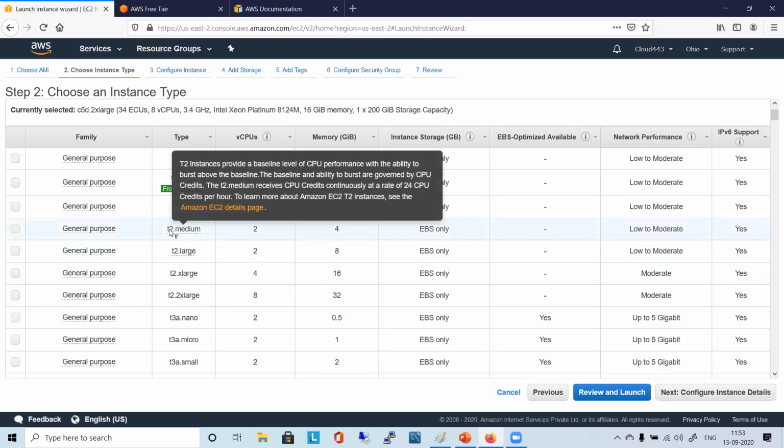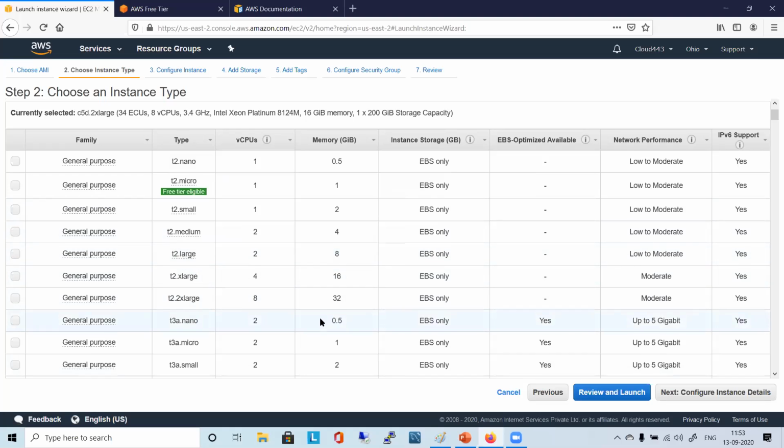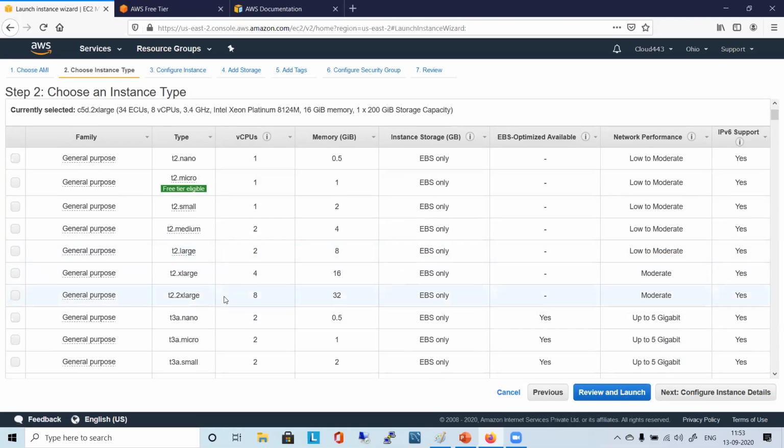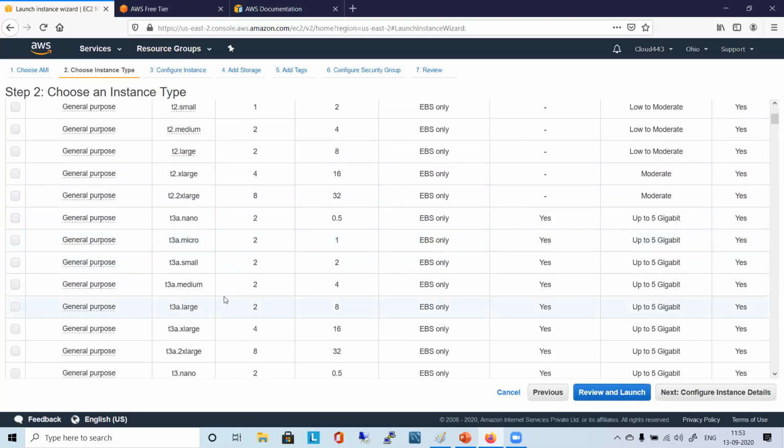And here you may not find something in some places. Here T is like a burstable, regular general purpose instance. So here they have mentioned T. It took me so much time to find out what this T actually stands for, right? You'll not find it in any official documentation.